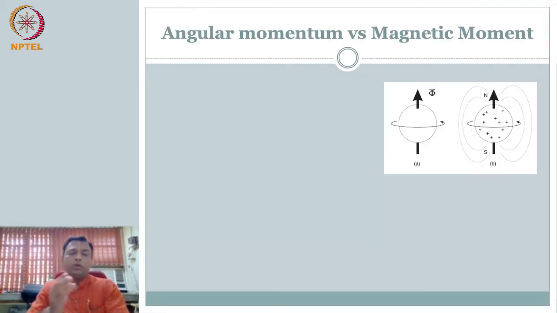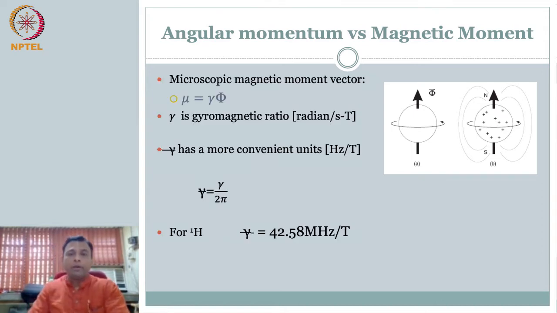Essentially, we are talking about angular momentum, and then you have magnetic moment. How are these two connected, right? These two are connected through the material property called the gyromagnetic ratio. As you can see, the unit of the gyromagnetic ratio is radians per second per Tesla. I hope you have heard the term Tesla. Radians per second you obviously would have heard. Tesla, the capital T that you see there, is nothing but magnetic field strength, right?